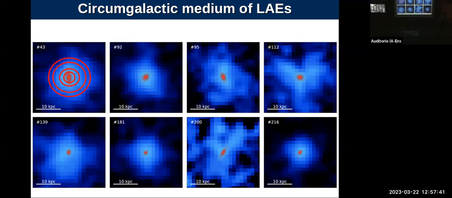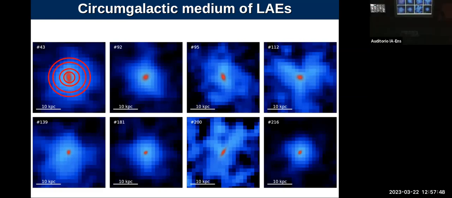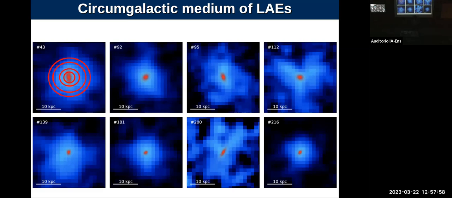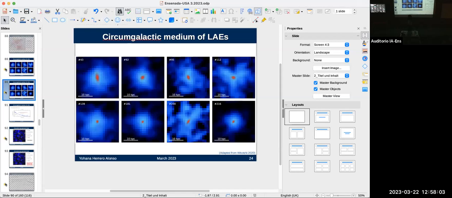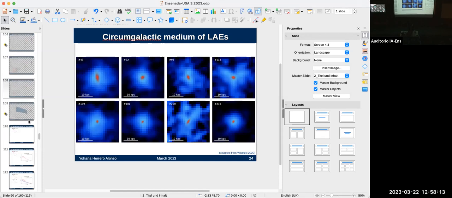That stacked profile includes any kind of emission that you have within these annuli. So any kind of physical process, any kind of satellite that we do not detect, will be included in this stacked profile. Now, the estimations I make are only for satellites, and I had to make some assumptions on how faint those satellites may be. I also need to make assumptions on the clustering of those sources. But the profiles I show only come from satellites or from undetected Lyman-alpha emitters.